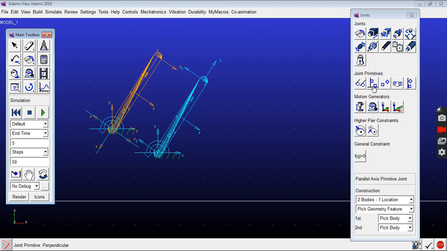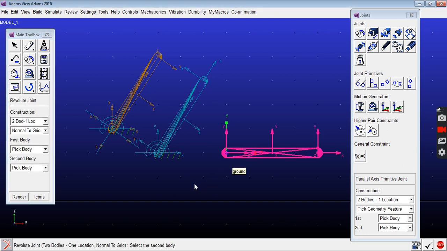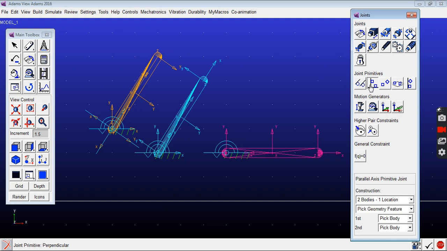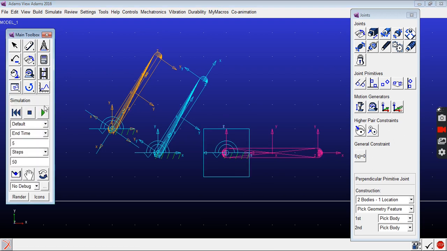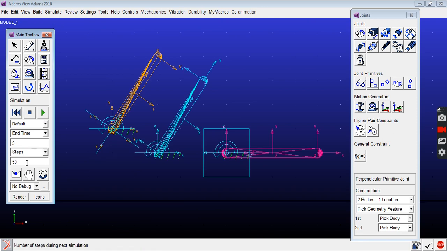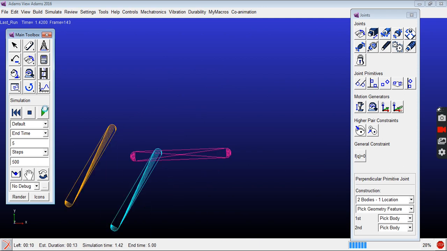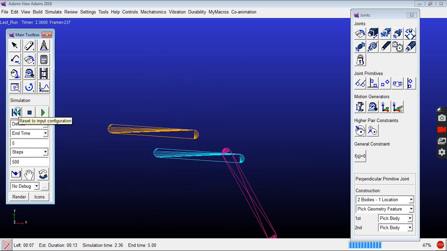The same way, if I go for perpendicular, this 2 part always perpendicular. You can see that. Between this part to this part, this is my other axis. You can see here. This is with respect to, now I will make it slower. With respect to this axis, this is always perpendicular. Okay, see, always perpendicular.